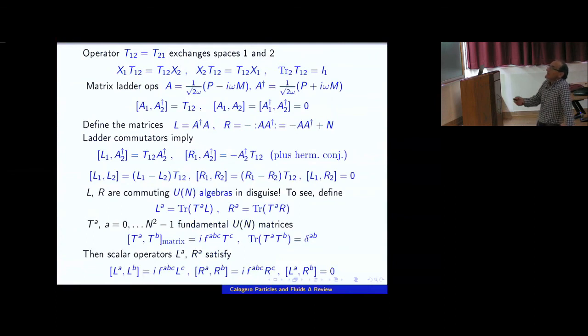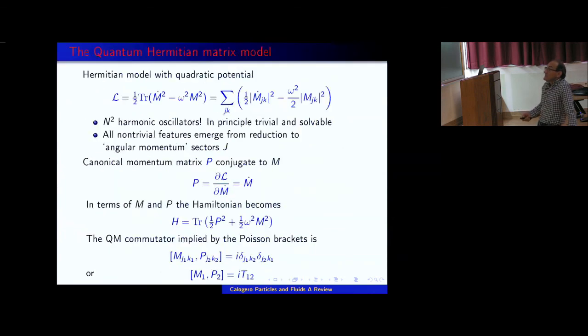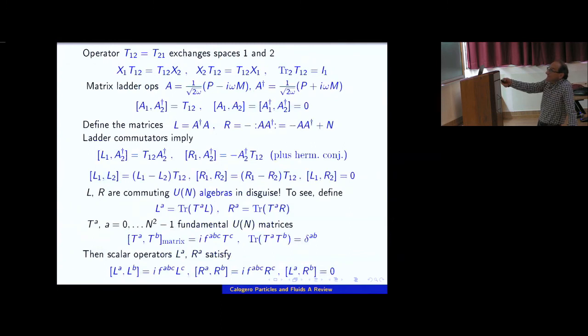And this operator, in the sense of matrices, that's why I was hesitating to use the word, but it's an operator in the sense of acting as a matrix, is the operator that exchanges spaces 1 and 2. So if you commute this operator with a matrix acting on space 1, you get the same matrix acting on space 2. And it's also interesting that if you trace this operator with respect to either of the two spaces, say with respect to the indices j2, you get the identity matrix in the remaining space.